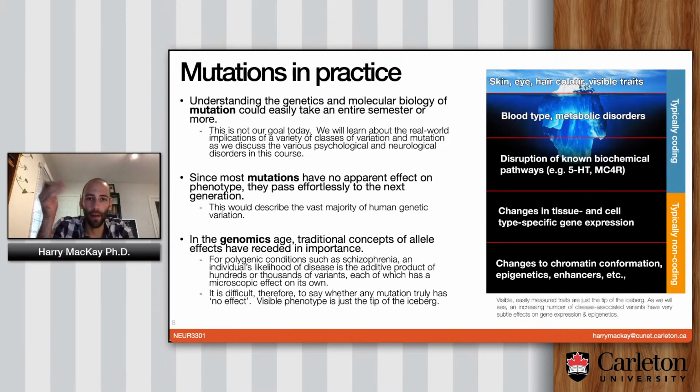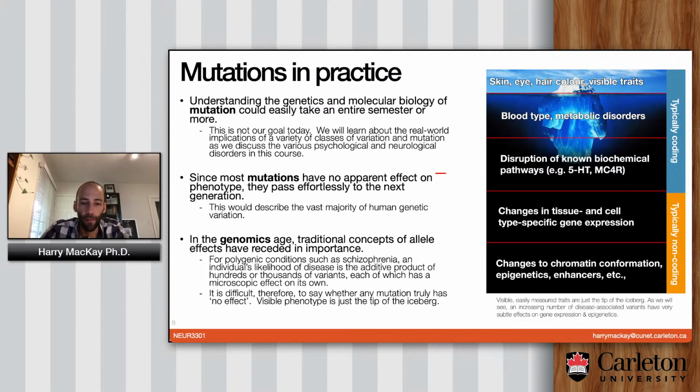So let's look at mutations and variations in practice. Now, we could spend a lot of time trying to learn about how mutations happen and where variants come from. I think that's not going to be our goal today. And like I said, that's not necessarily even the goal for the whole class. For most of what we're doing, I think you can take for granted that the mutations and the variations exist. They come from somewhere. And what matters really is how they affect your phenotype, how they affect the three-dimensional architecture of the genome, epigenetics, all this kind of stuff. Where they come from is almost immaterial for our purposes, unless I say otherwise.